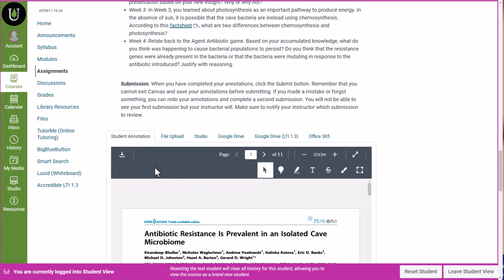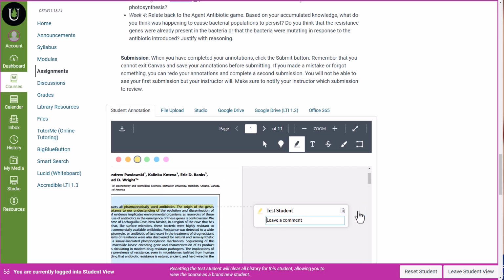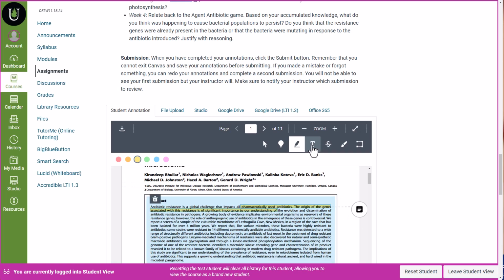When you go into this assignment, you will see the actual paper will pop up here and student annotation. You can highlight, and when you put in a highlight, notice over here on the side, it shows me a little note. I can click on that and I can leave a comment there. Another way that I could leave notes is I could come into this text box and then I could just start